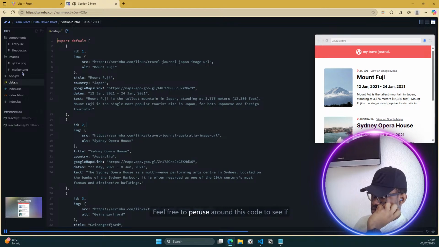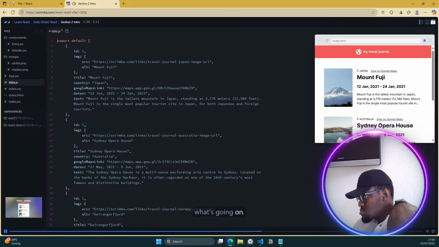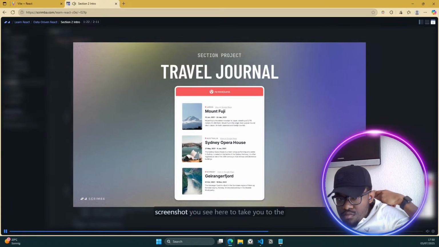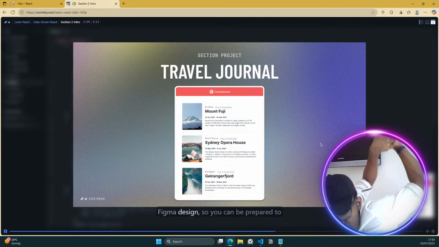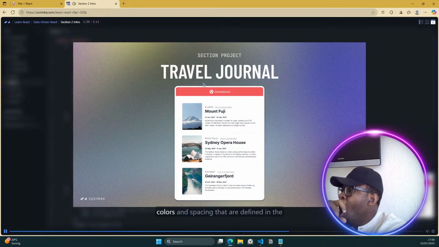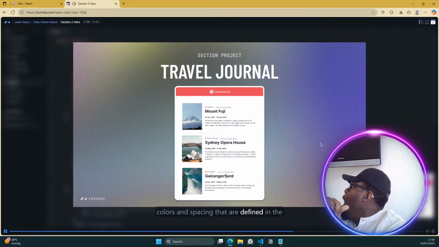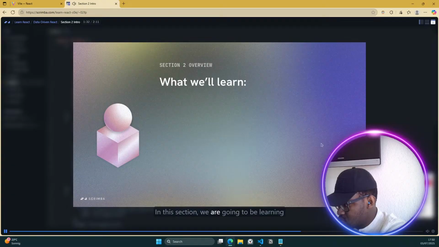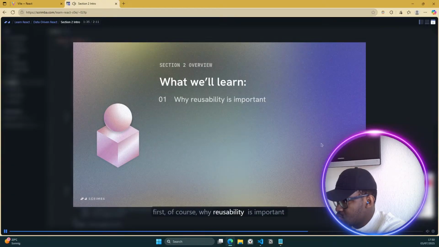Feel free to peruse around this code to see if you can get a cursory level understanding of what's going on. And as always, you can click on the screenshot you see here to take you to the Figma design so you can be prepared to start building this project based on the real colors and spacing that are defined in the Figma file. In this section, we are going to be learning first, of course, why reusability is important,